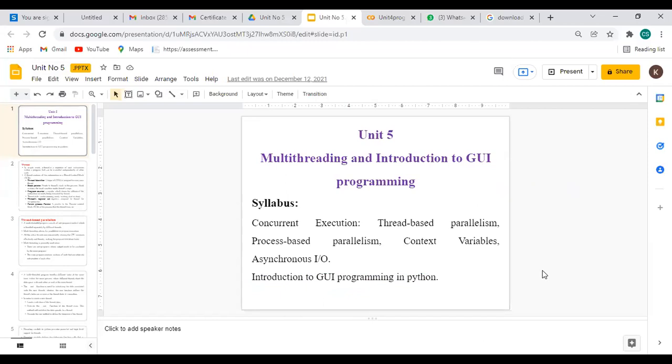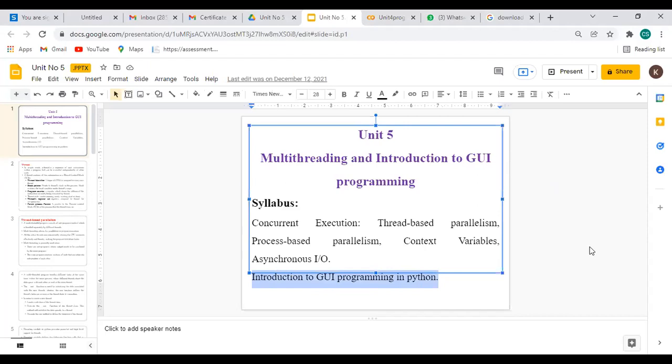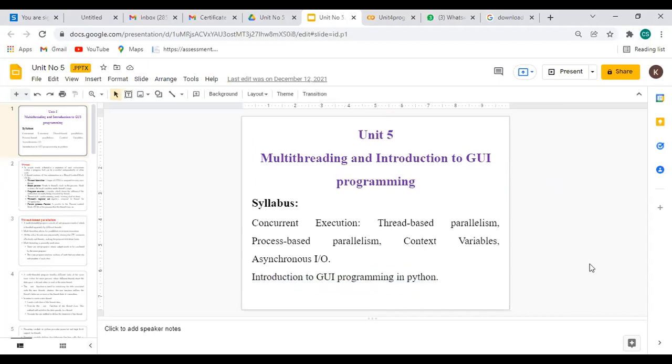I will try to execute this on some other Python platform, because the same problem is with all of you also. If you are working with IDLE, your program will not execute. So for the execution of this GUI program, I will definitely suggest you all to take the PyCharm software. Why?